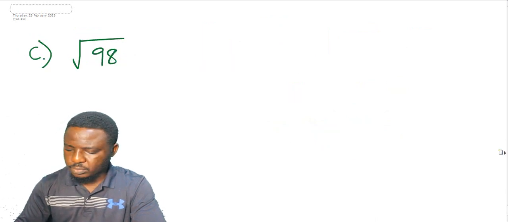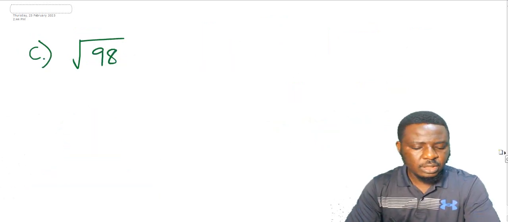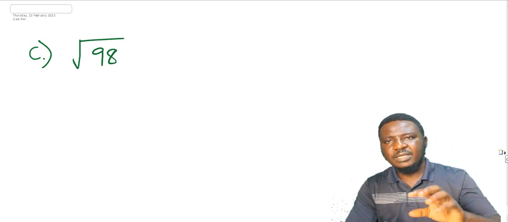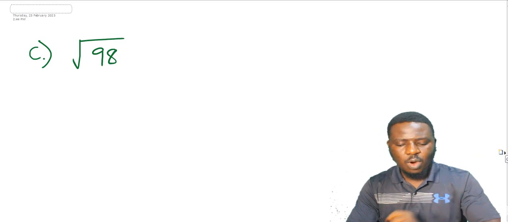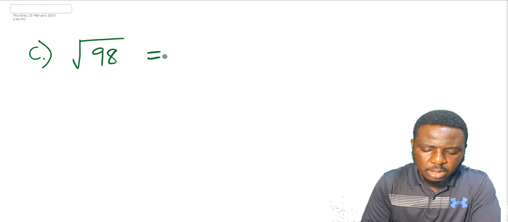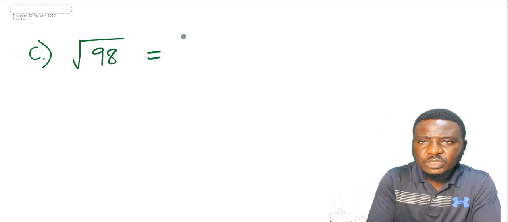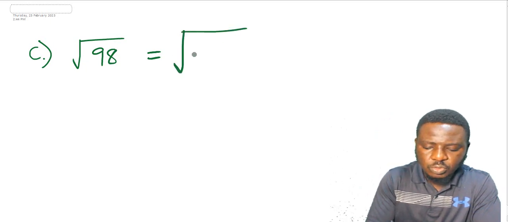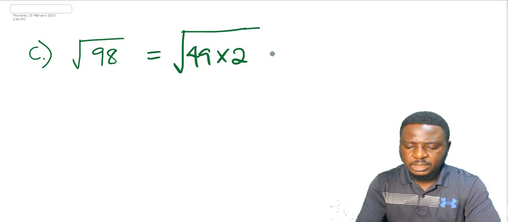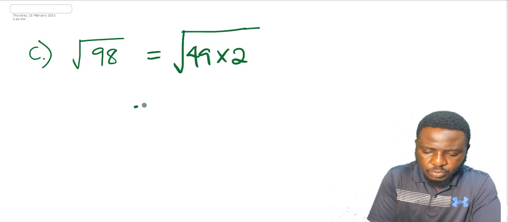C says root 98. Now try and simplify 98 as a product of two factors where one is a perfect square, and this can be said to be 2 times 49. So this becomes root 49 times 2, for 49 times 2 would give us 98. So this can be simplified to be equal to